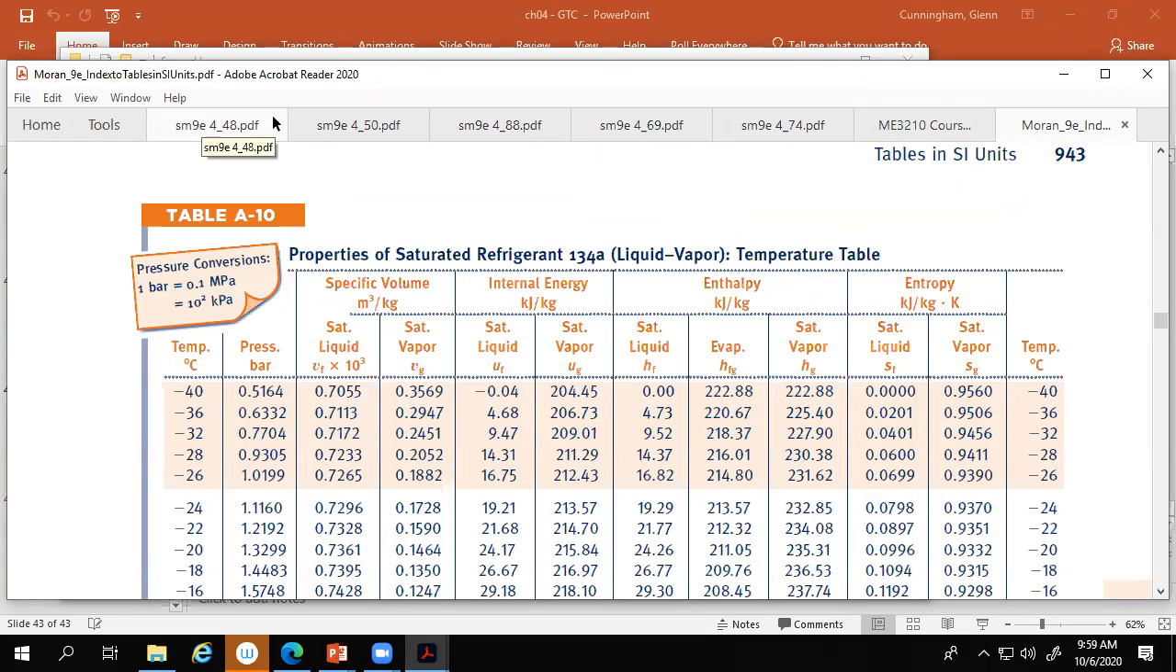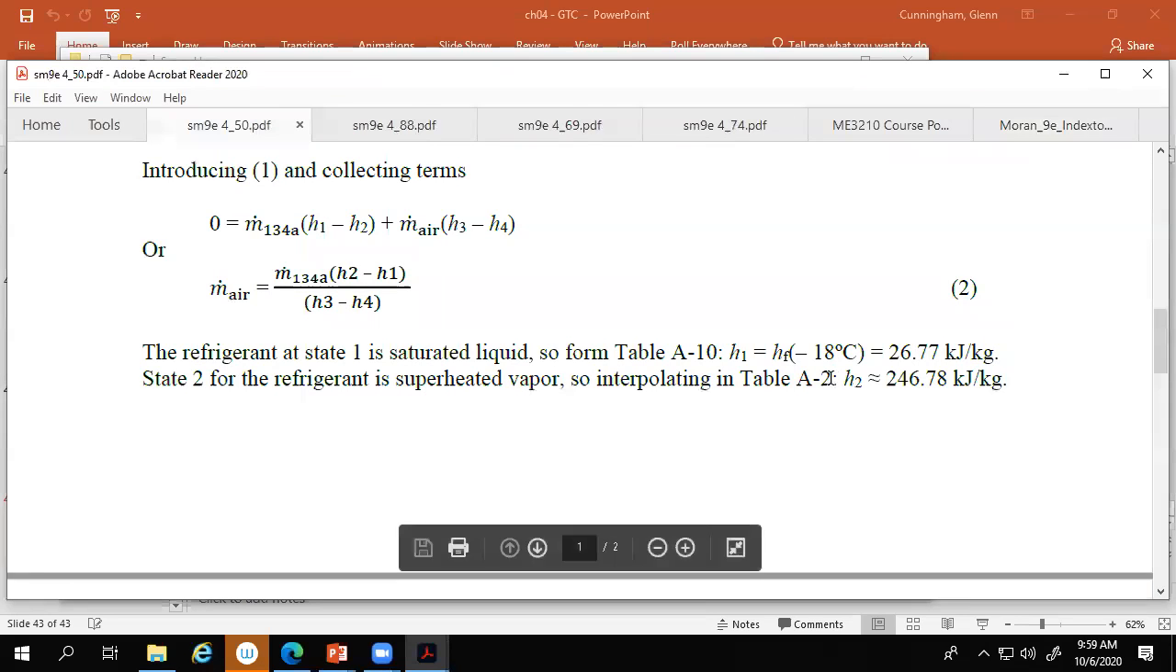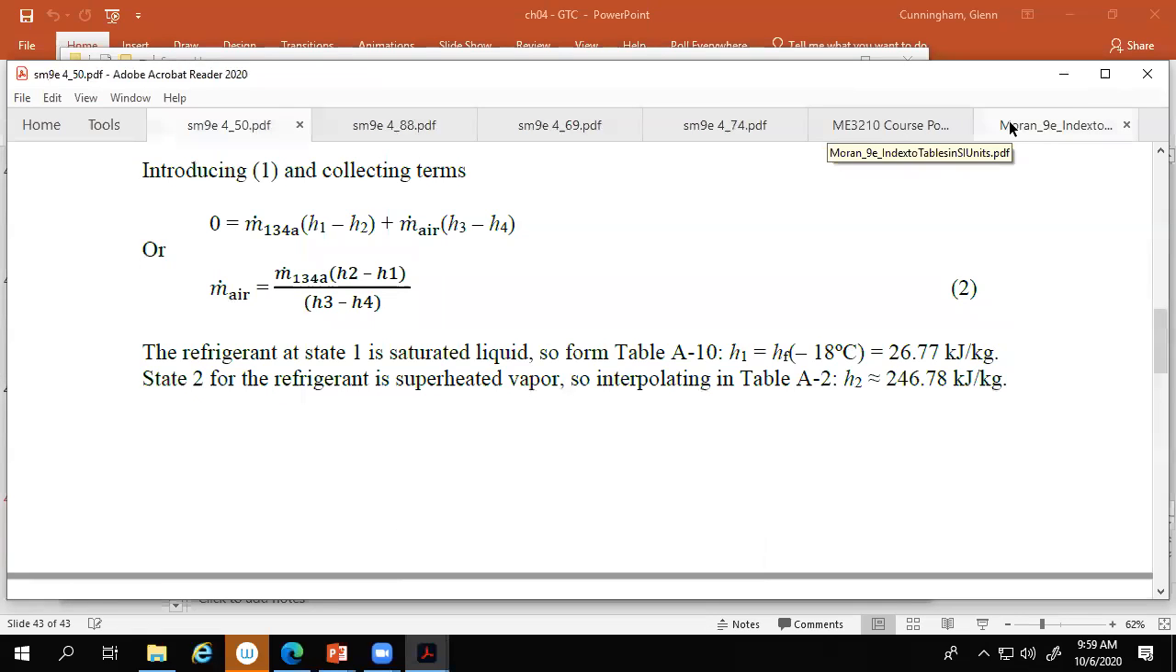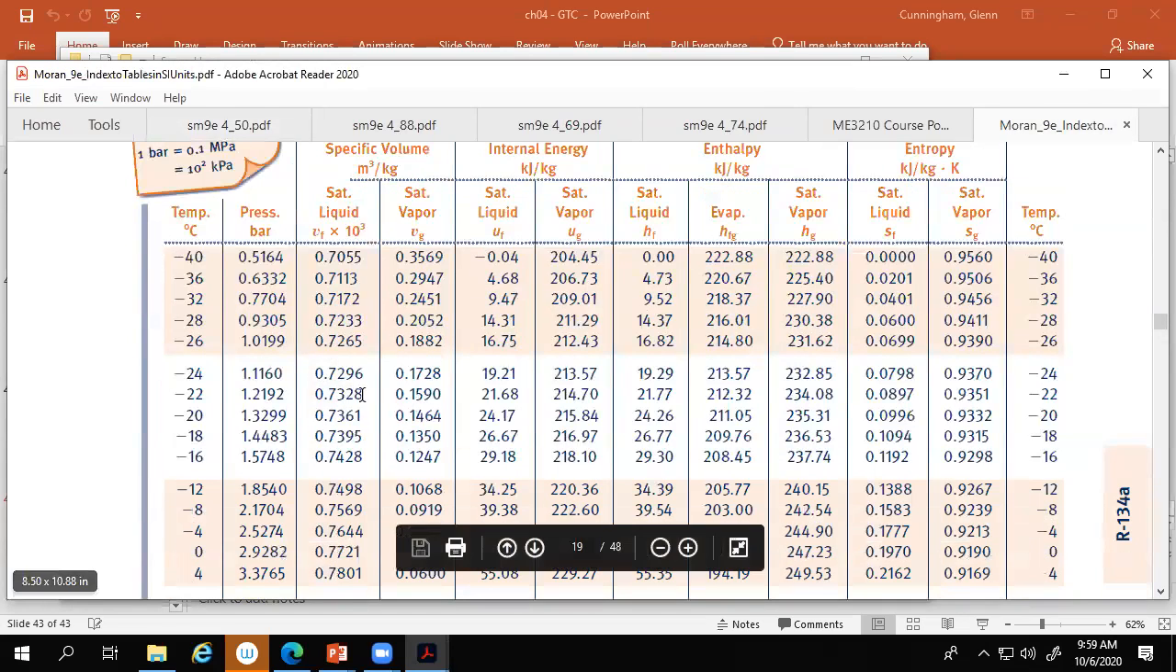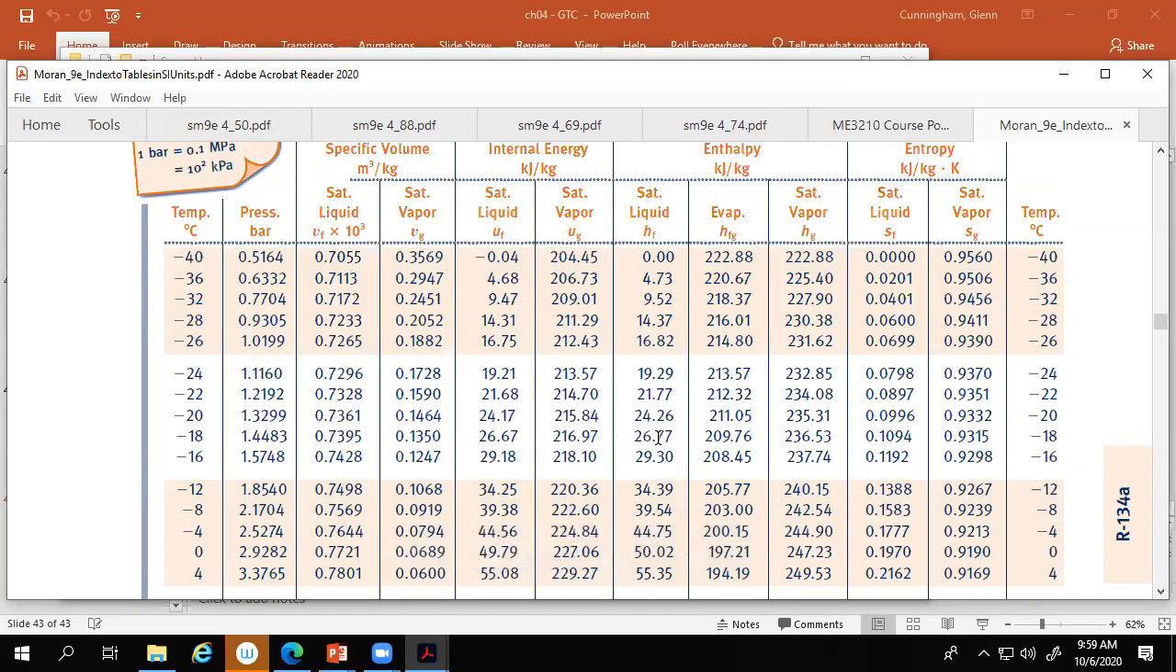This is the second problem, isn't it? So what do we want? We want minus 18C, and we want, so that's liquid, minus 18C, and I think that's an enthalpy. So it looks like 26.77 would be saturated liquid,